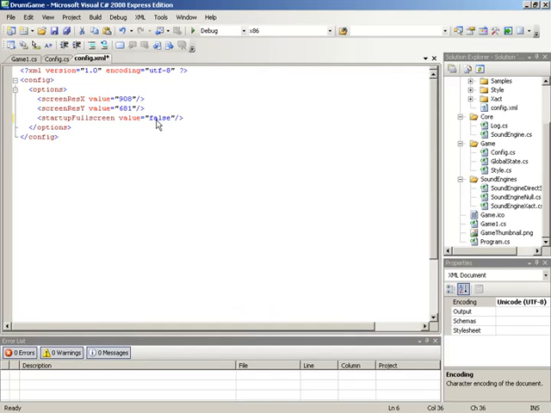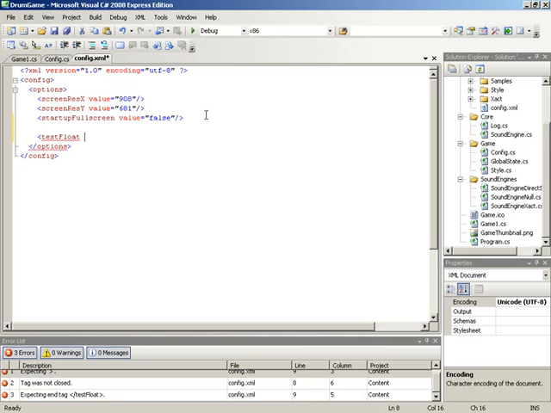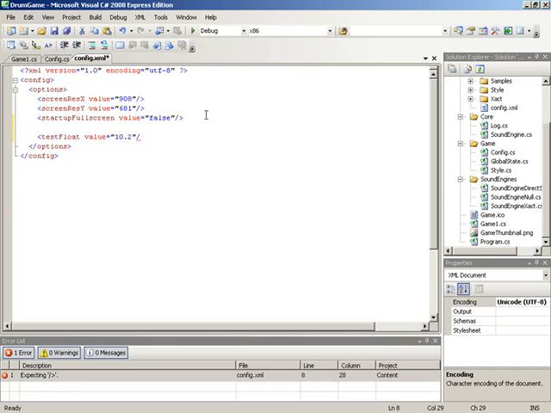Now, we still need to test floating point values, vector2s, and colors. So what I'm going to do is we'll make a series of nodes here in our XML document to test these values. So we can begin with something called test float, and we can make an attribute called value, and we can set that to something like maybe 10.2. Then we'll end off the tag, we'll close it out,